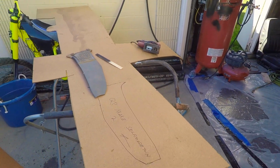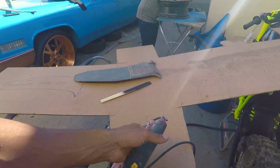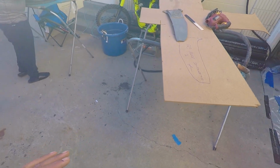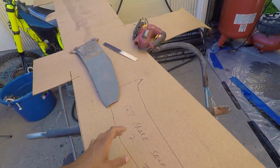I got my jigsaw set up, a little jigsaw from Harbor Freight. I know we've said that in plenty of the videos, but it's a cheap little jigsaw. It ain't gonna take no time. This is small work right here, y'all. The majority of the big work is done for now. We're gonna jump back into some big things in the next few videos, but for now we're just getting this